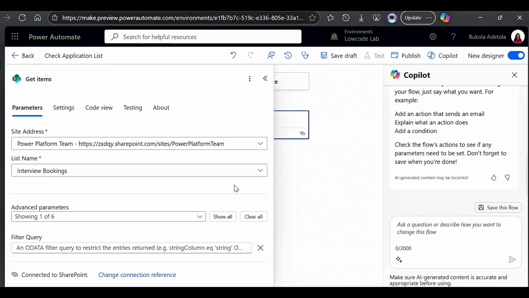I just don't want to get all the items in my SharePoint list. I only want to get the items where the interview date is equal to today. So I want to filter my list to get me just those items that meet this criteria. For my filter, what I would use is my column name equals today's date. So the column name is interview date, EQ stands for equals to, single quote, and then we'll